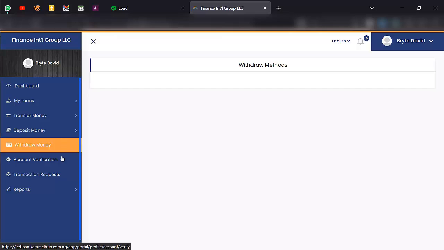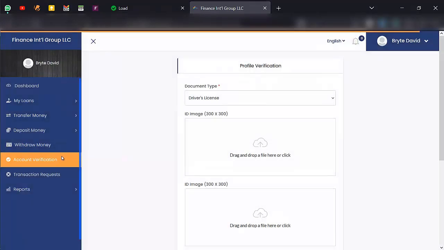Okay, so now account verification. Now this is very, very important. Now account verification is like your KYC. Now account verification allows you to get certain documents from your user, like let's say driver's license, passport, national ID. So all these documents that you need for KYC for your user, this is where they upload it